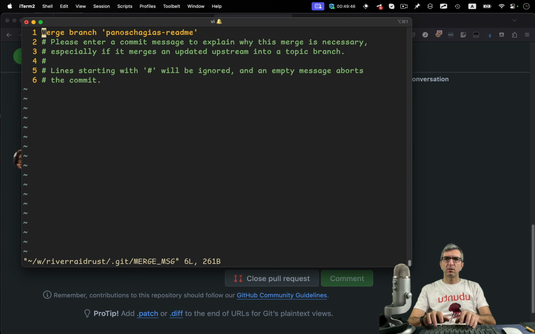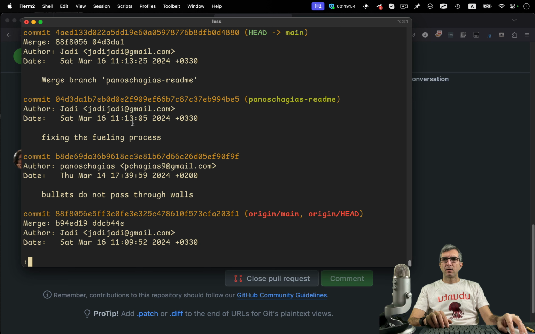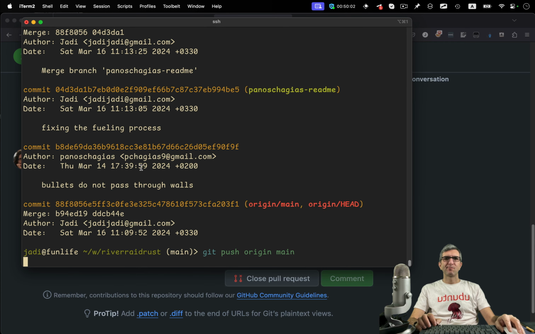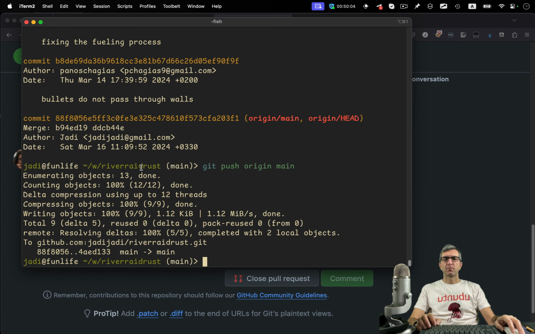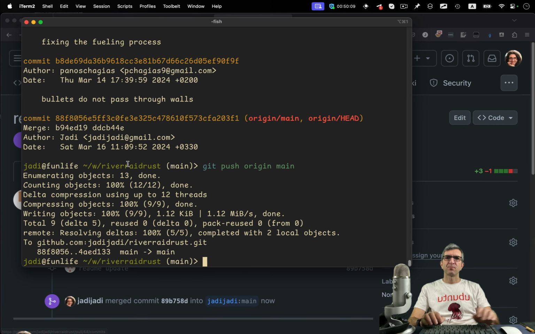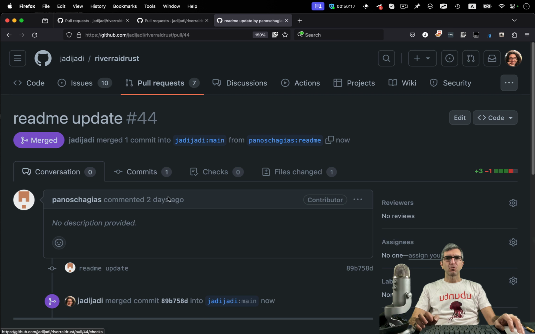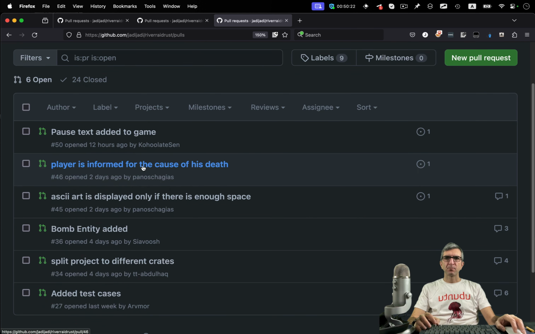Merge this one. Git log. I think I missed his changes, sorry. But I also have to learn this. Okay, this is now merged. No, it was correct. So, git log, I have this, I have that. Okay, I've missed his name. Sorry. You had one more contribution which I missed. But here you have it merged.